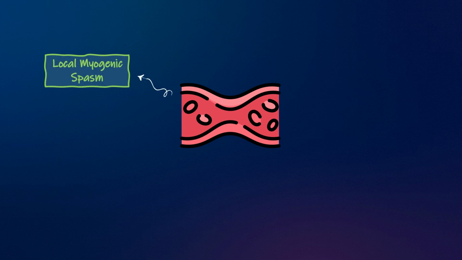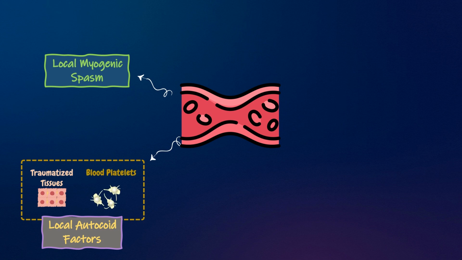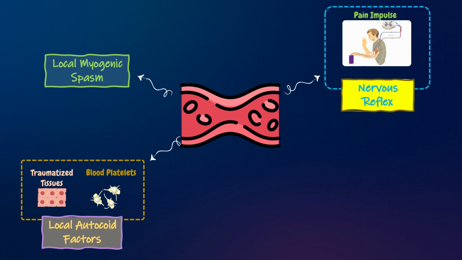The contraction results from the local myogenic spasm, local autacoid factors from the traumatized tissues, vascular endothelium, and blood platelets, and nervous reflexes. The nervous reflexes are initiated by pain nerve impulses or other sensory impulses that originate from the traumatized vessel or nearby tissues. However, even more vasoconstriction probably results from local myogenic contraction of the blood vessels, initiated by direct damage to the